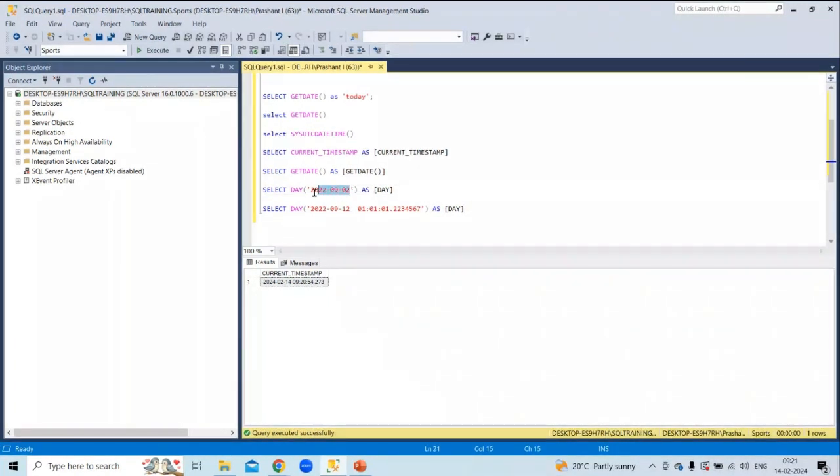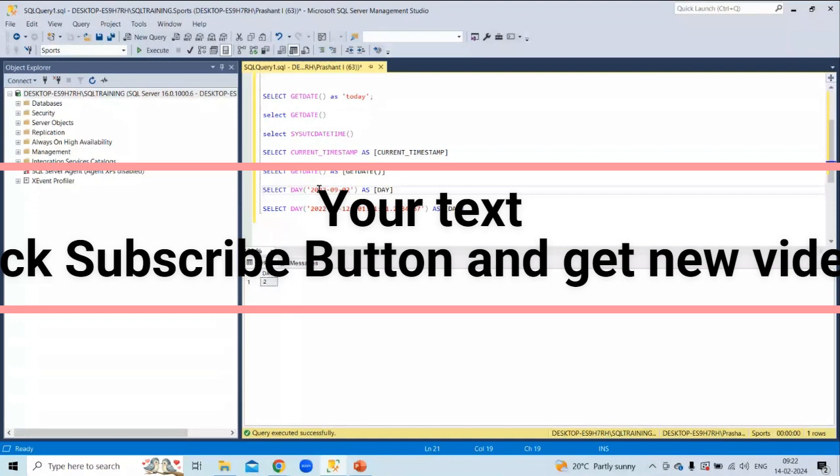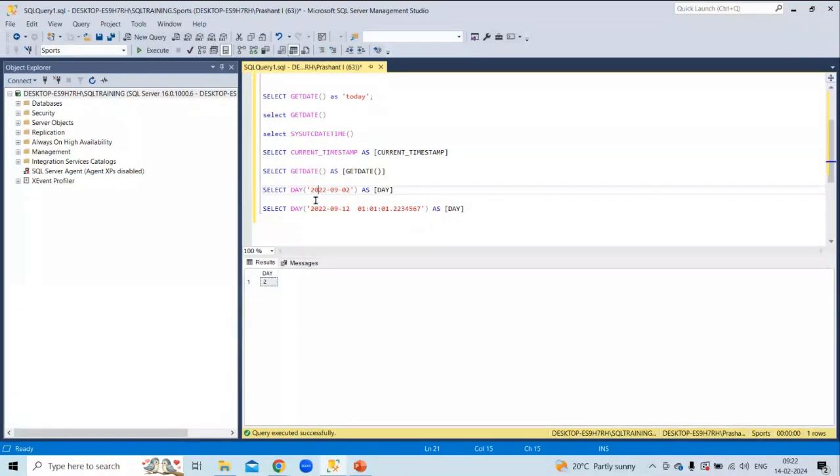Next, we have DAY. If I mention the date format, I can always get just the day part of it. Sometimes it is required to store only the day part. The format is day, month, then year, and whatever format you give, it will pick that particular format. Month is also there, MONTH. You can try that too. So 9 is the month, so it will pick that and display it. So these are some